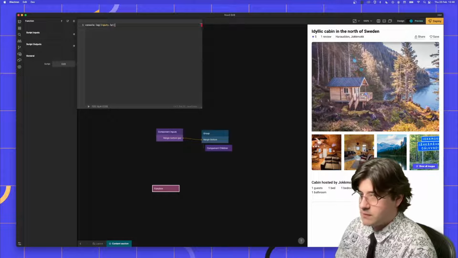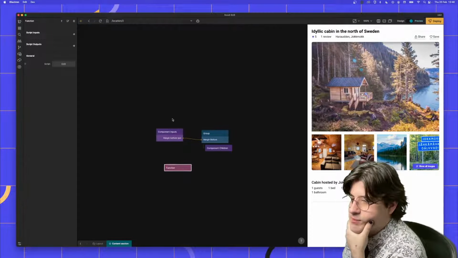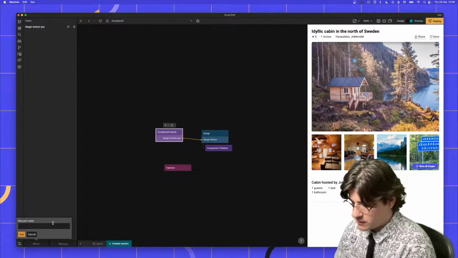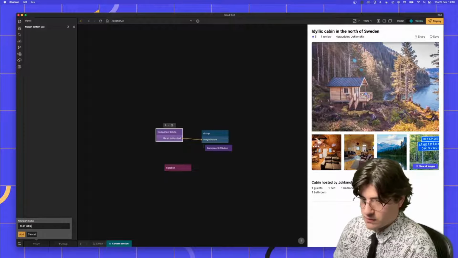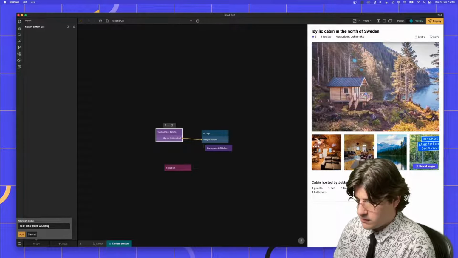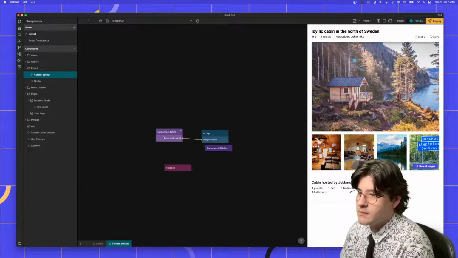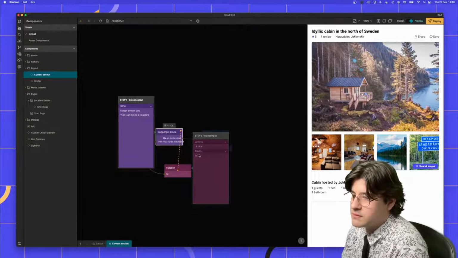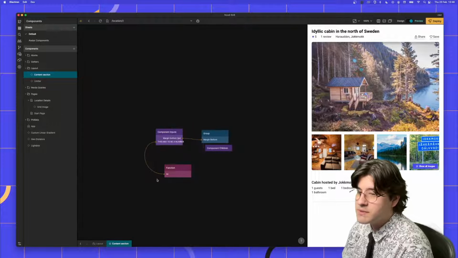So now this has one input. And let's add another port to this, which we'll just call lol. This has to be a number. And so if we just connect the component inputs to the lol input,